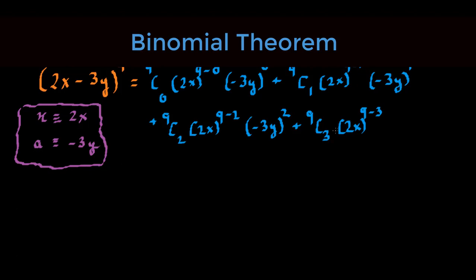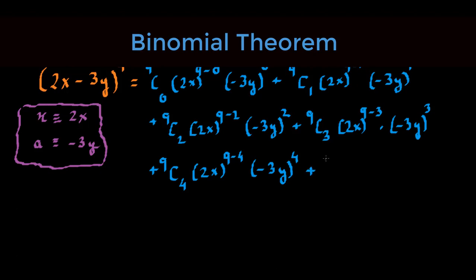So we're on the fourth term: first term, second term, third term, and this is our fourth term. So this is (2x) raised to the power 9 minus 3 times negative 3y raised to the power 3, plus 9C4 (2x) raised to the power 9 minus 4 times negative 3y raised to the power 4, plus